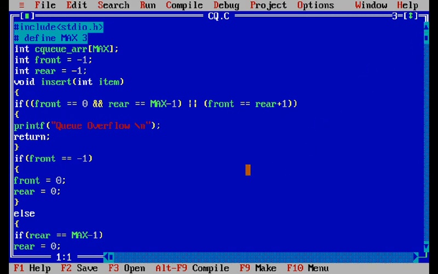So friend, you have to write this whole program. I give the assignment in today's lecture to write the circular queue program, apply all the operations on it, insertion, deletion and display, and send this assignment to me. Thank you friend.